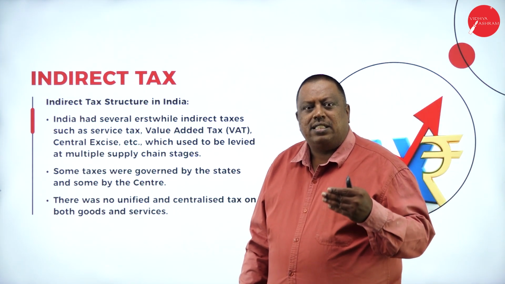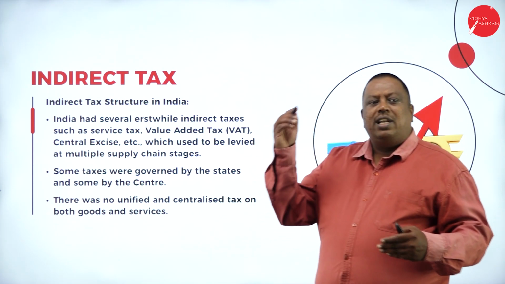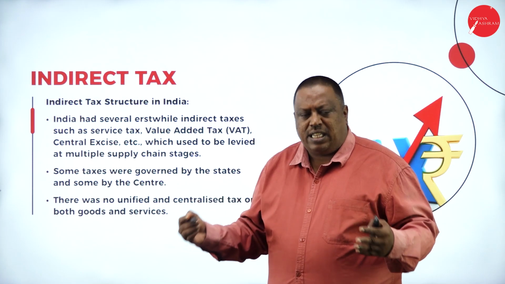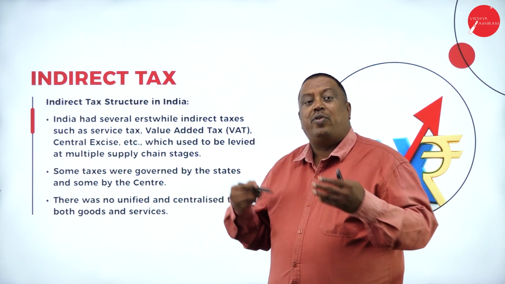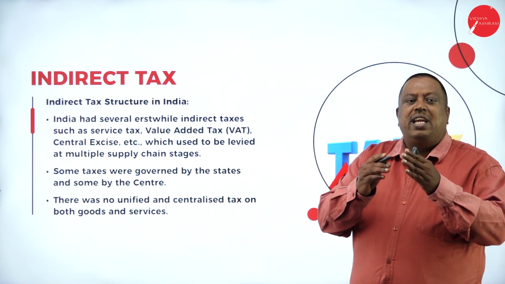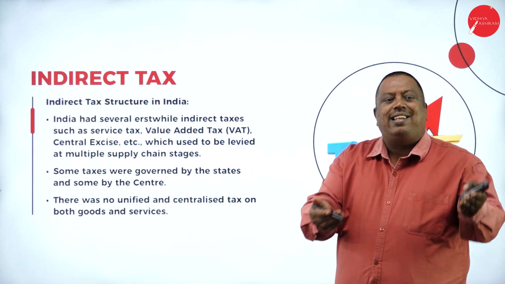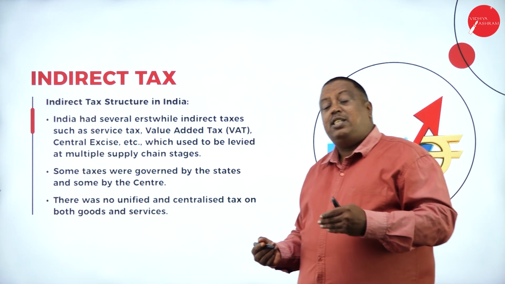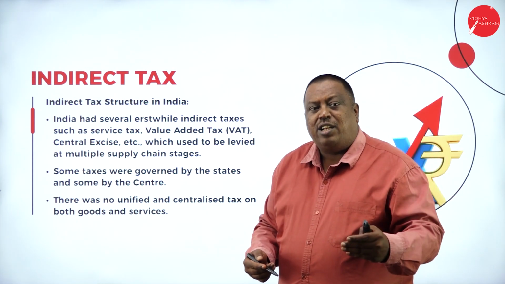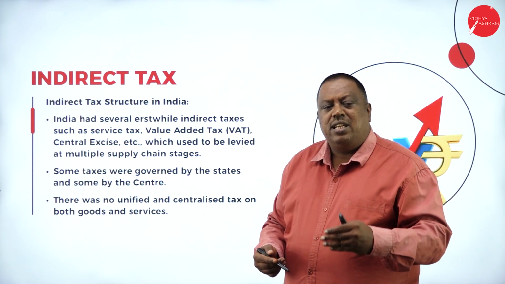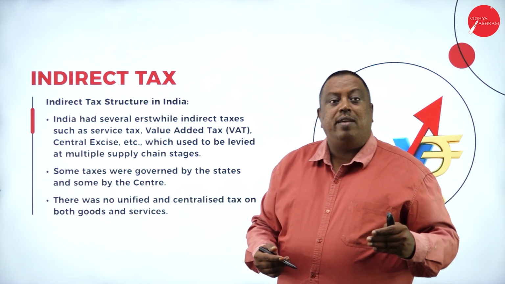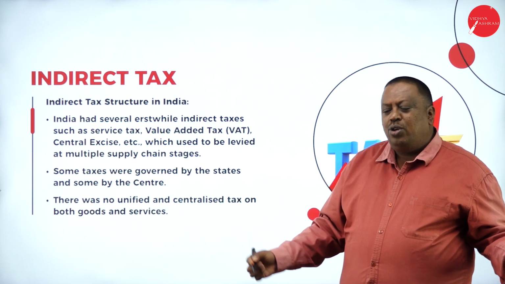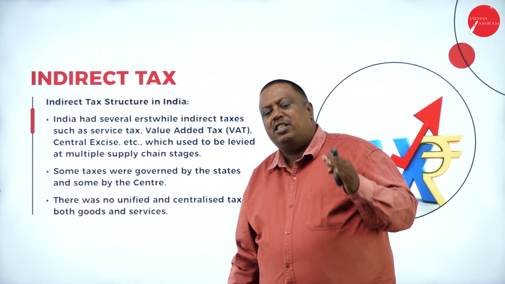But now it has reduced, and only one person is going to pay tax. The person doing business or trading activities, or providing services, is not going to pay any tax to the government. He just collects the tax from the person and pays it to the government. If any tax was paid by the person who is collecting, credit will be given to him, meaning it will be deducted from the amount already paid by him to the government. The balance amount should be paid here. So it is totally a benefit for all the business people.